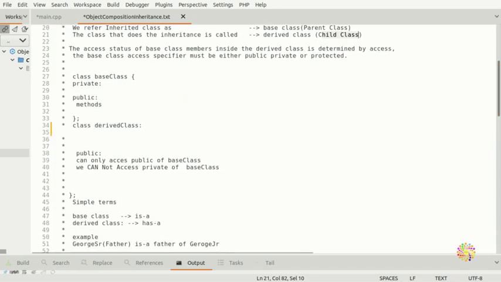So we have a class, and here we have private members and public members. As you know, at the beginning when I introduced C++ object-oriented programming, I already explained what the public, private, and protected access modifiers are.